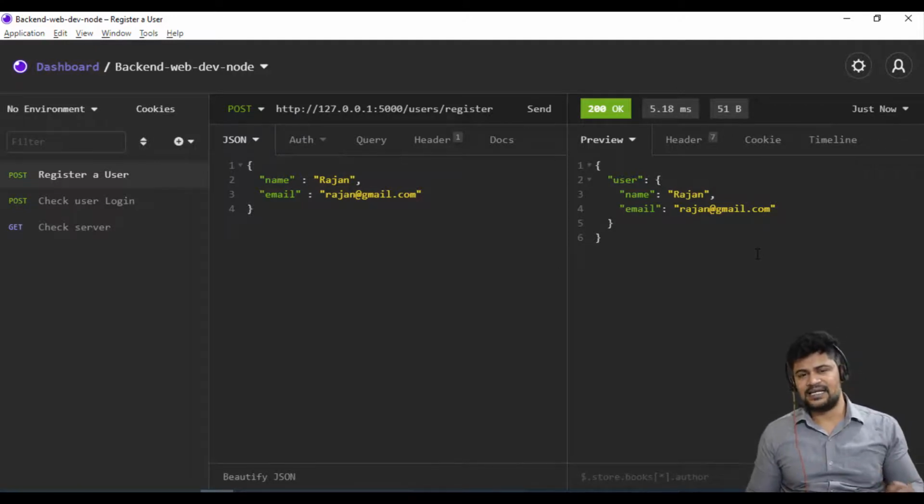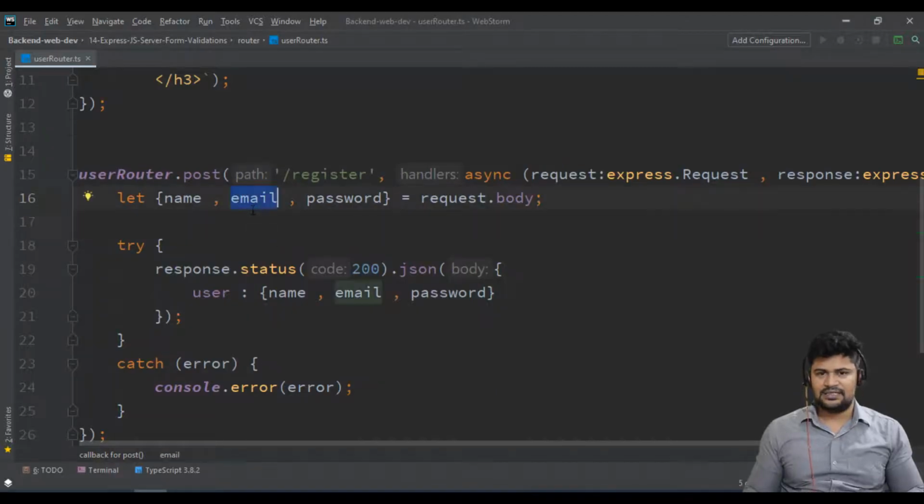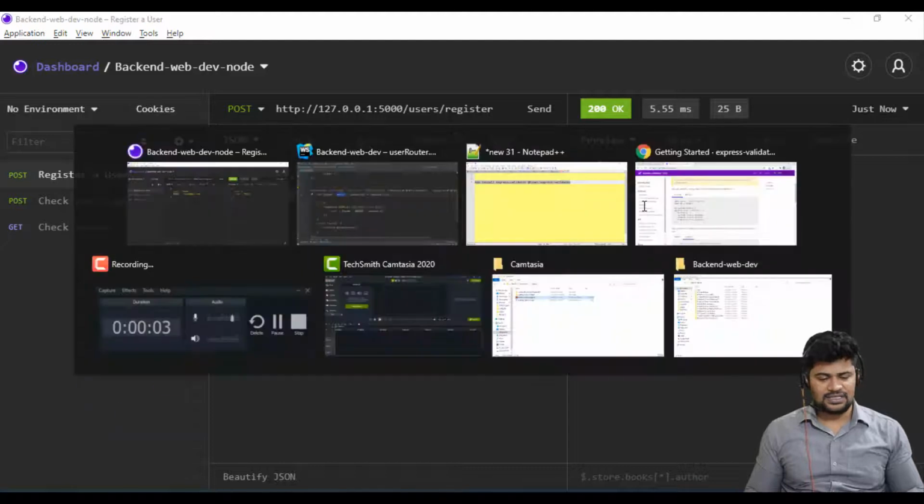If that is the case, you have to go with form validation. You have to verify exactly whether you are getting the same parameter or not. And sometimes people will type a capital email. People will send capital email, and it is not even received. Actually, it's supposed to be received. Why it is not received, I'll tell you. If you provide a capital email, it is not even received here because I am looking for lowercase email, but what the client sent was uppercase email. So without any error, it is not even received. It's supposed to send an error, correct? So for this, we have to make a form validation.